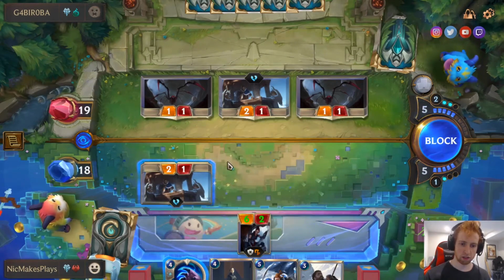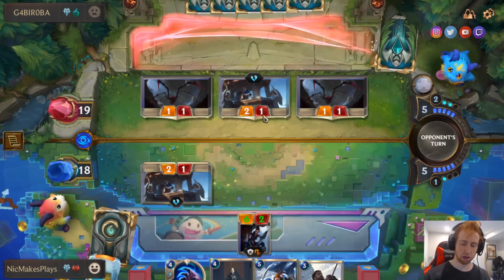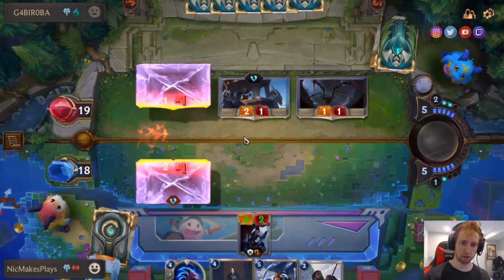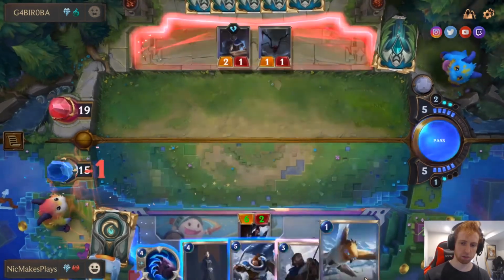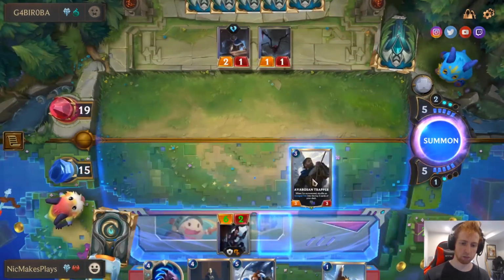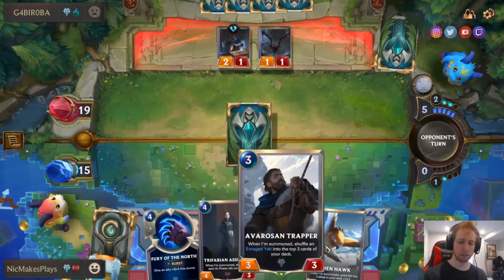Honestly, I'd rather not let him draw a card. This is kind of the thing I've been doing a bit more recently. That's one less card to try and stop what we're doing. So here we'll play Trapper. No, let's play Heartbird. You can play this and then this to try and buff